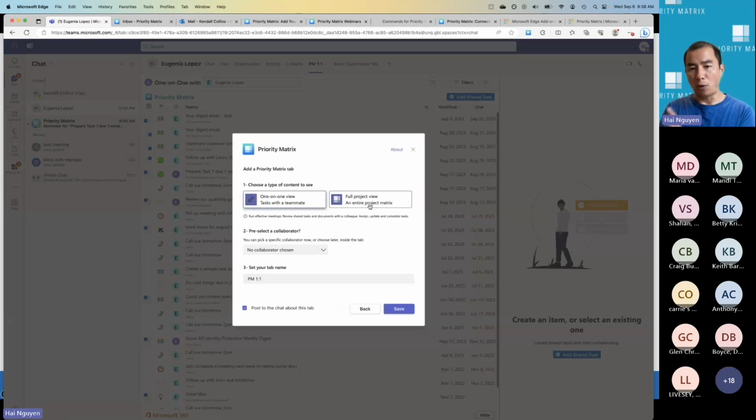Option number one is full project view. What that allows you to do is embed a Matrix project inside your conversation with a teammate. This is really helpful if you and your teammate work together all the time, and you're working on one project that's really high priority, and so you're always looking at it, so then you can actually do that full project view. The other is the one-on-one view,